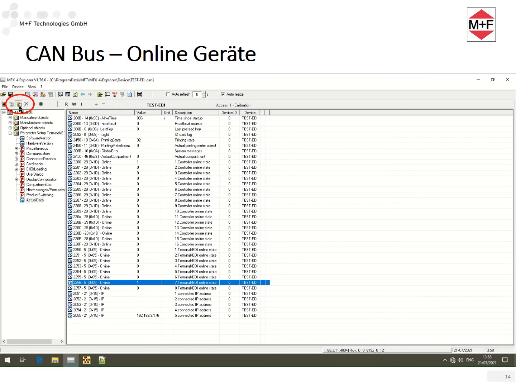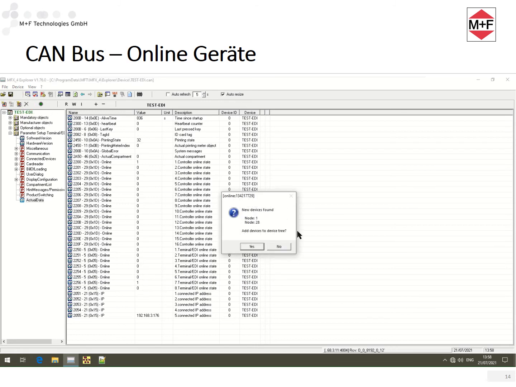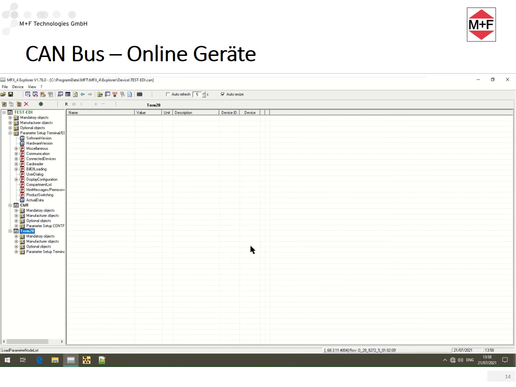For this, I press the icon with the question mark and confirm the info. Now both devices are shown on the left side of the Explorer. By pressing the disk icon, I can save this view of the Explorer in an Explorer configuration file on my PC permanently.